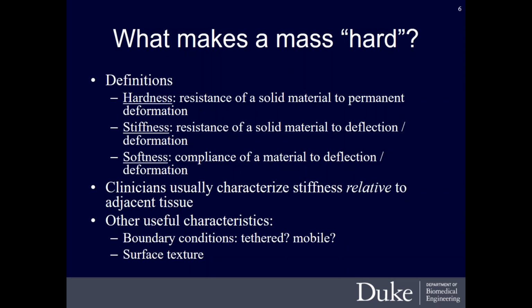As a clinician, very few clinicians are able to come up with absolute stiffnesses on the fly after palpating something. So most clinicians are looking at stiffness relative to adjacent tissues, things that are easier to compare across patients, so potentially muscle or fat stiffness. And typically the clinician is gleaning other information than just relative stiffness. They're also characterizing things about the boundaries of the structure. Is it tethered? Is it mobile? Does it roll under your finger? What does that surface texture feel like? These are various characteristics we might want to be able to capture in an elasticity imaging system.